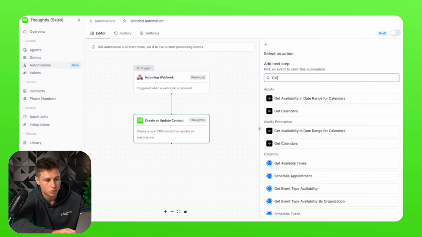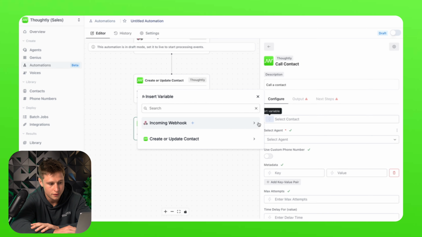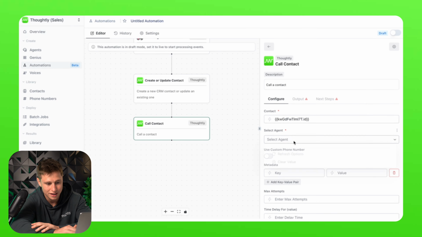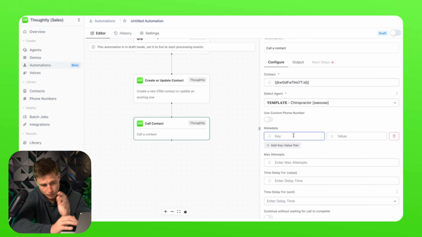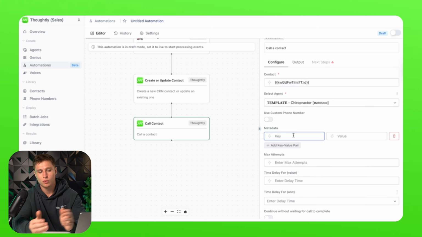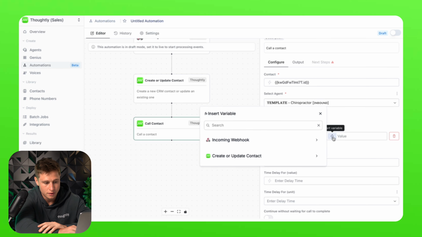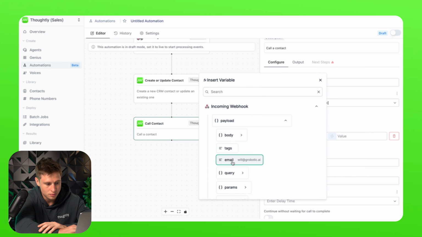Then we're going to call the contact that we just created. Right here, we take the ID, place it inside there, and select the agent we want to call from, one of these templates. Here's where we're going to be able to put the metadata and then reference the metadata inside of the call. So like I sent through, we have the address. Keep in mind we have to know how this is spelled and know where the capitals are. We then take the payload,